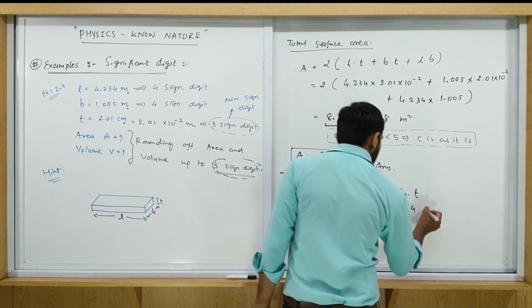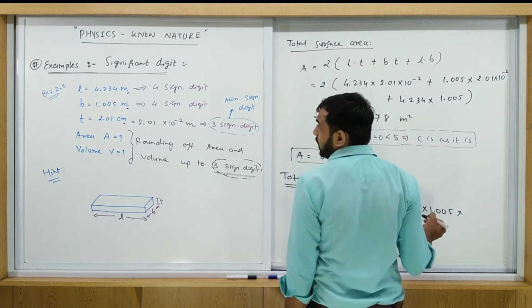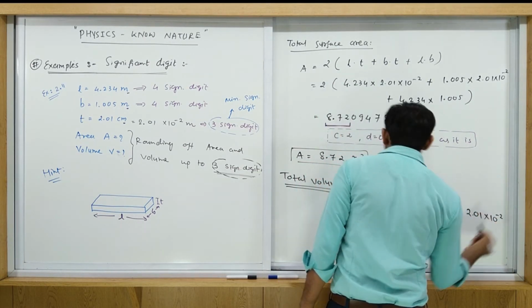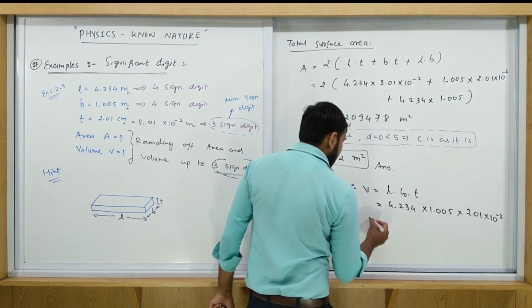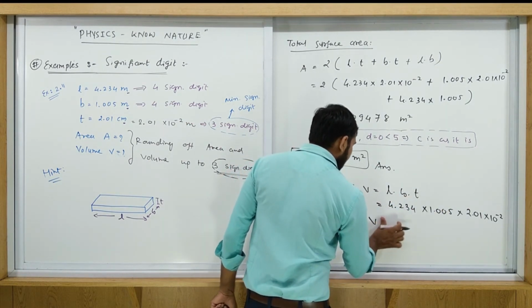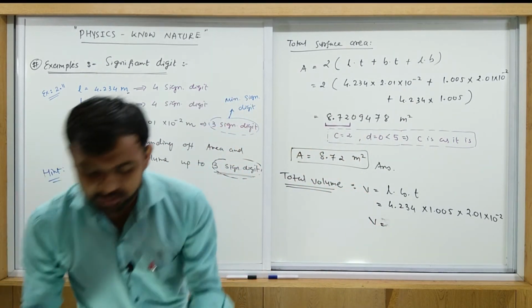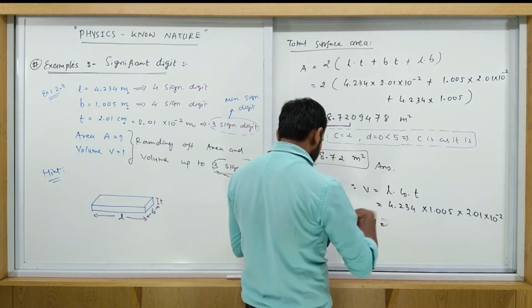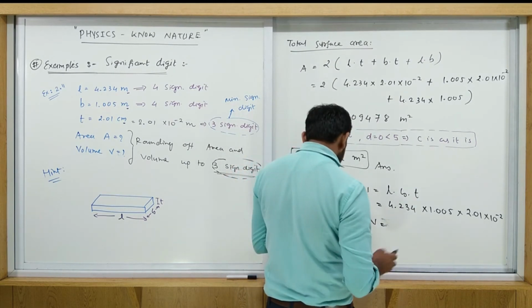4.234 multiply by 1.005 multiply by 2.01 multiply by 2. Means I am just putting this whole value here. Okay, you just try to solve this example by yourself. Let's write the answer directly. I have an answer, I am just writing the answer. You calculate by yourself first, then after you just see it. Okay, first you calculate by yourself again. So finally after you calculate, you get this answer